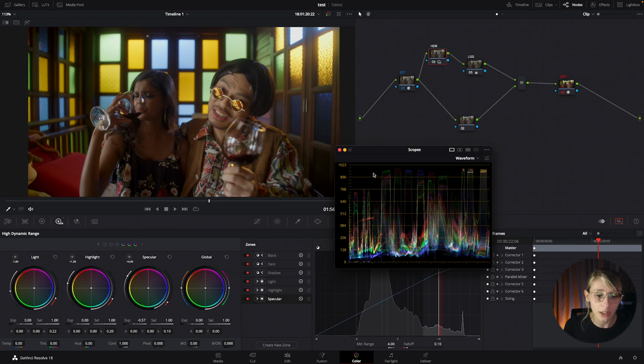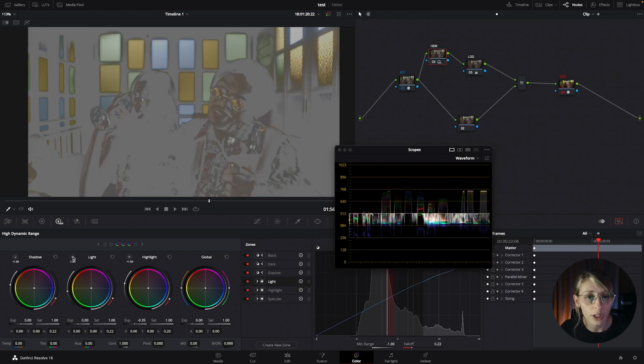So let's see if I couple it with some highlights, how it's gonna do. So we just go down in highlights, and we went quite a long way actually, because it also cleaned all the spill here, if you see. So this is before, this is after. So now I have something with a bit more control,